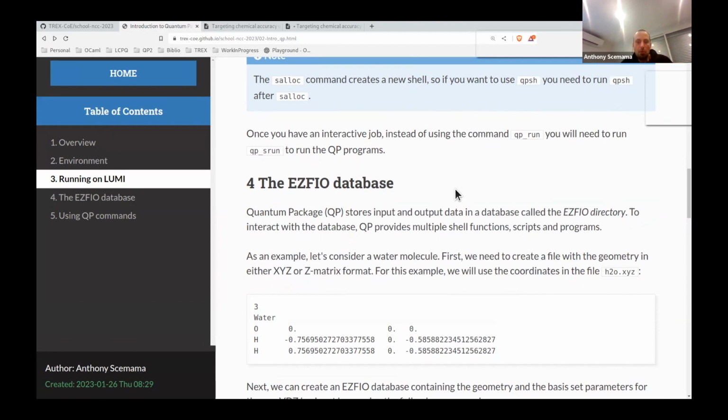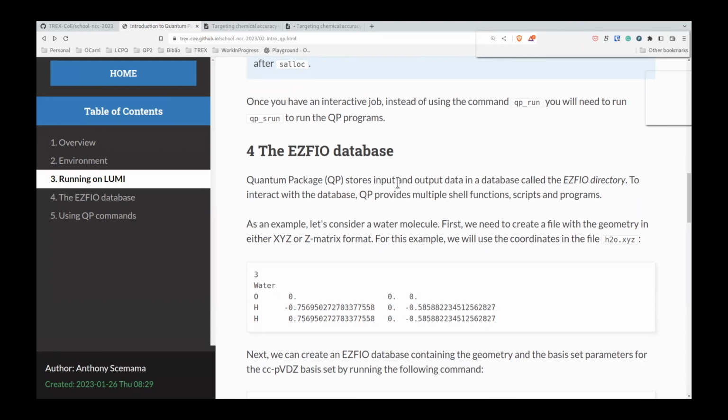So I'm going to talk about Quantum Package now. Normally in quantum chemistry codes that you use, you always have an input file and an output file, and then you have the program in the middle, reading the input and producing the output. With Quantum Package, the behavior is a bit different.